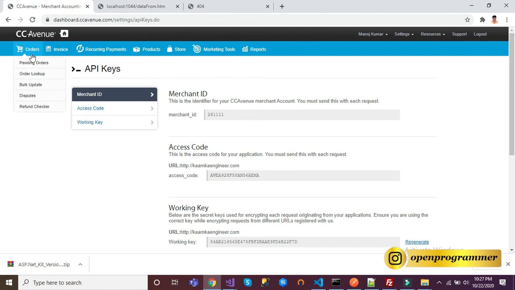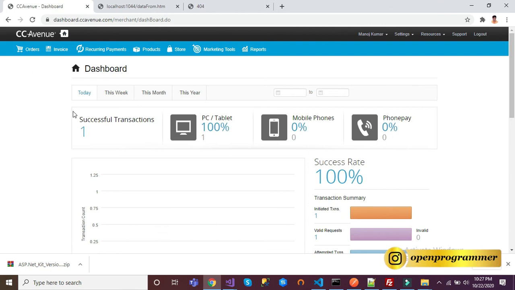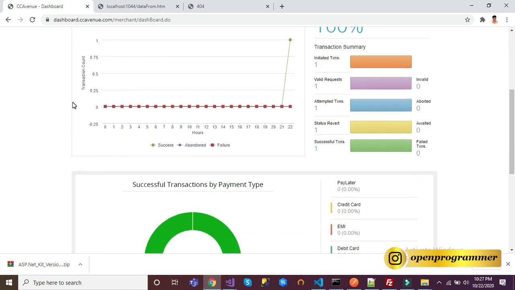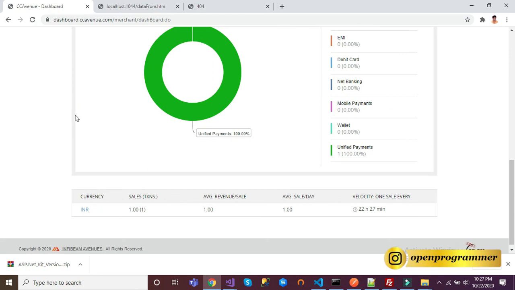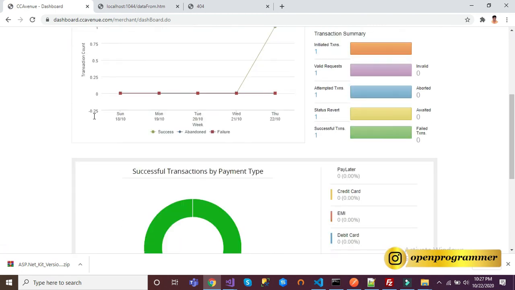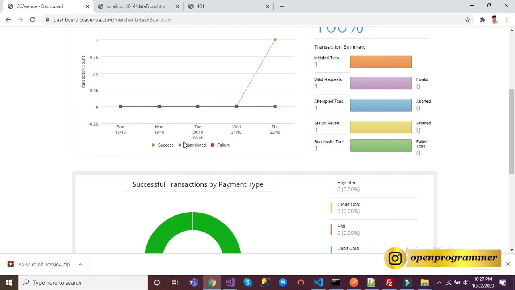Let me go to the portal, click on orders. We can see our successful transaction. Here is our transaction. Let me see how we can check the date and other things.